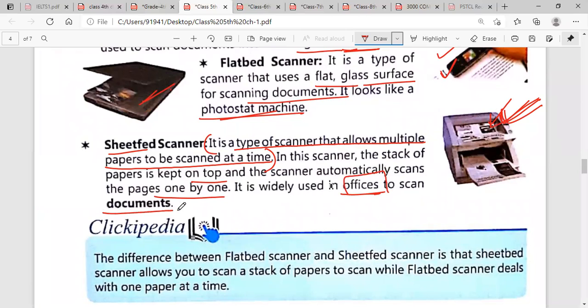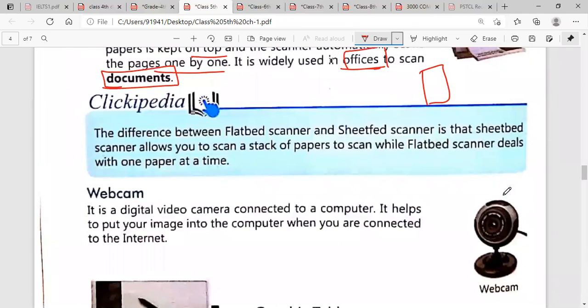Now underline this word, document. A document may be anything in the form of paper, and anything written on that paper. Now, the difference between a flatbed scanner and a sheet fed scanner is that a sheet fed scanner allows you to scan a stack of papers, while the flatbed scanner deals with one paper.